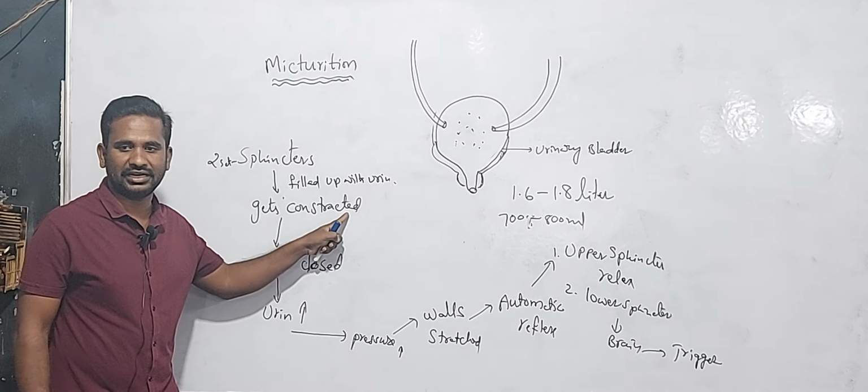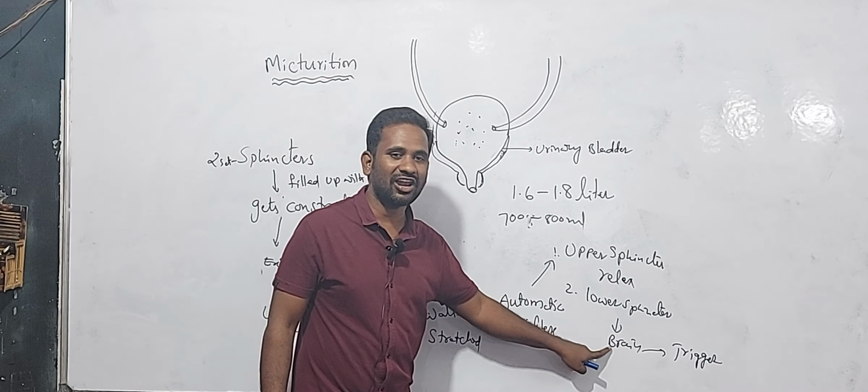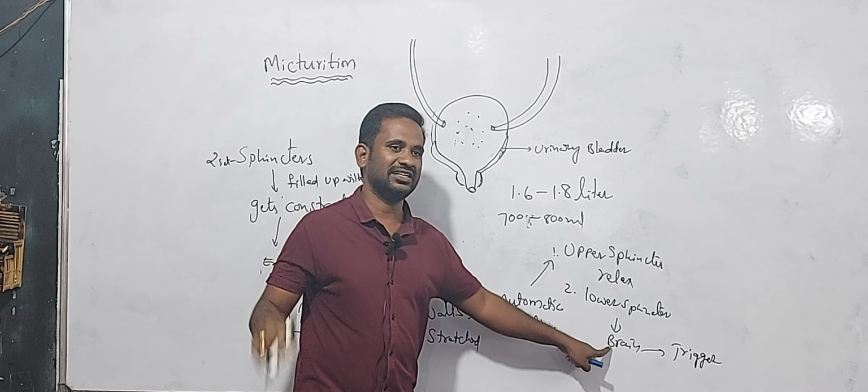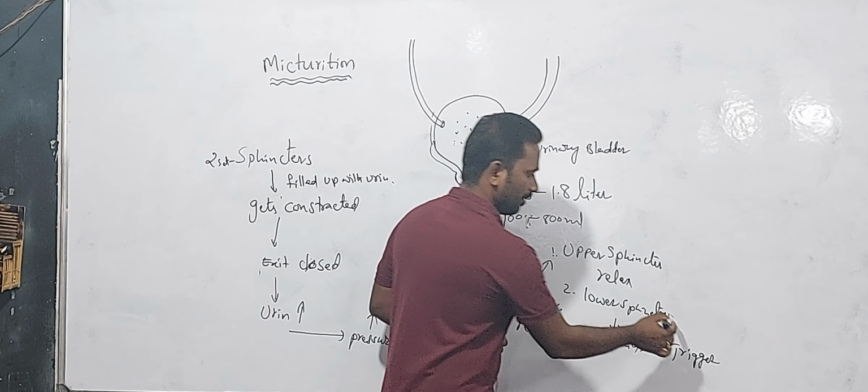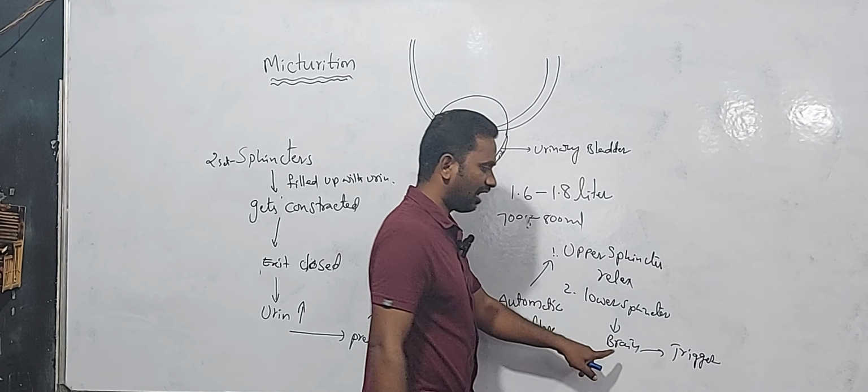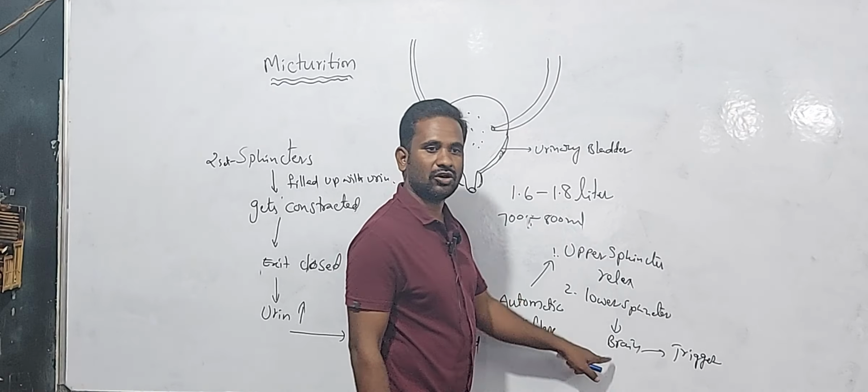The urine levels increase, the pressure also increases, and the walls get stretched. So the automatic reflex starts. It means the upper sphincter gets relaxed and the lower sphincter is under control of the brain, except in infants. And then, under control of our brain, voluntarily